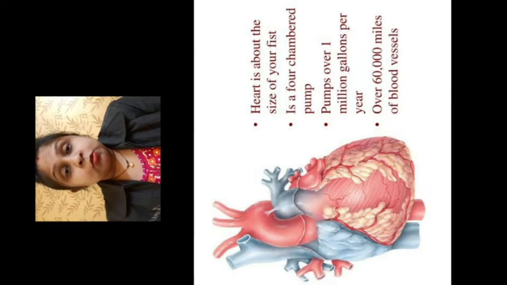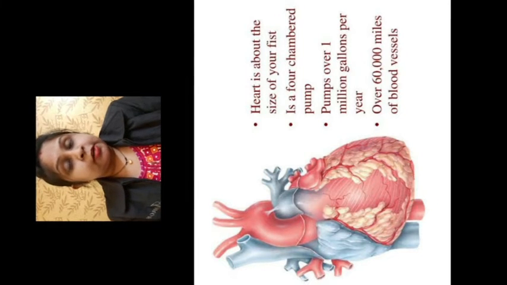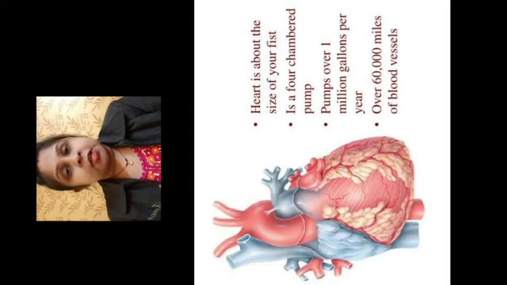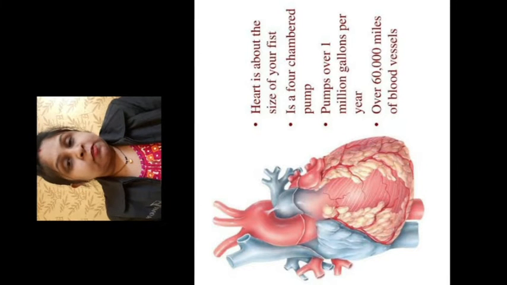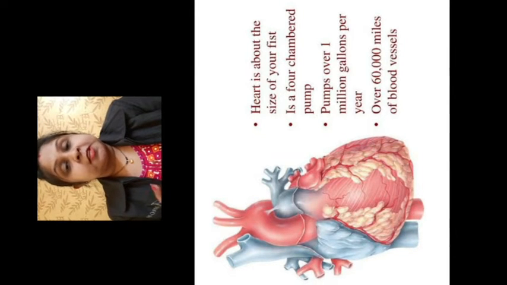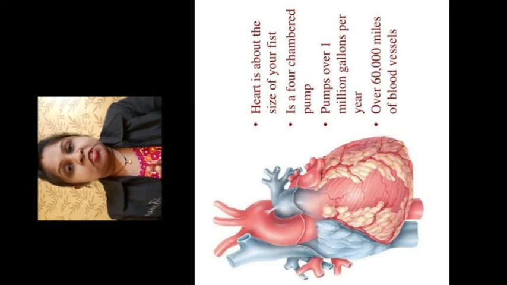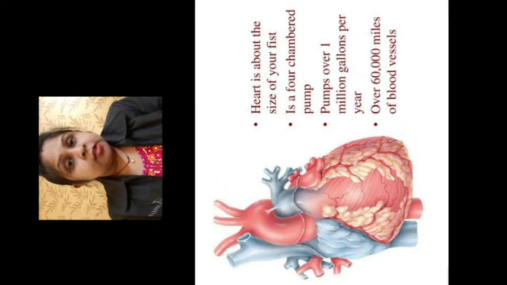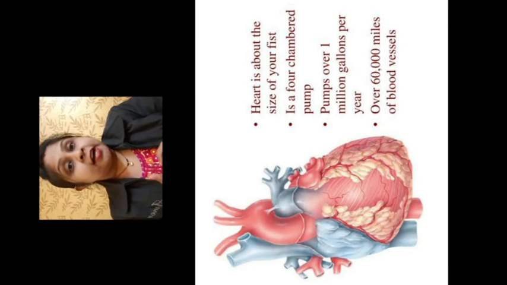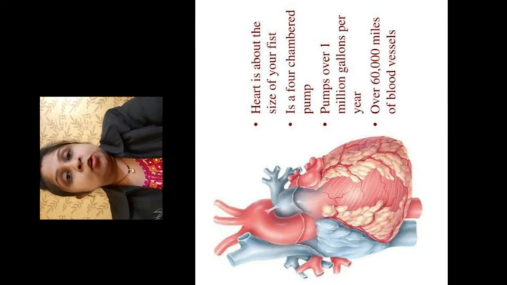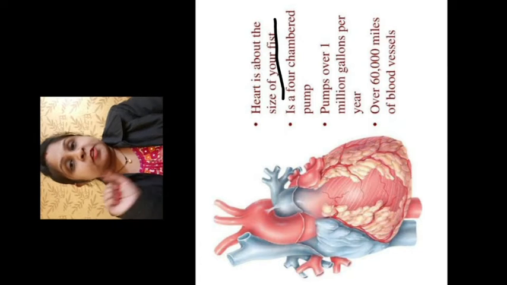Now at last we are going to do a quick revision of the topic that we have discussed today from the chapter The Circulatory System. The topic we have discussed from the circulatory system is the human heart. You can see the picture, I have shared it on the screen. First is that the heart is a muscular organ. Then next I told you that the heart is about the size of a closed fist. That is your fist. Okay.